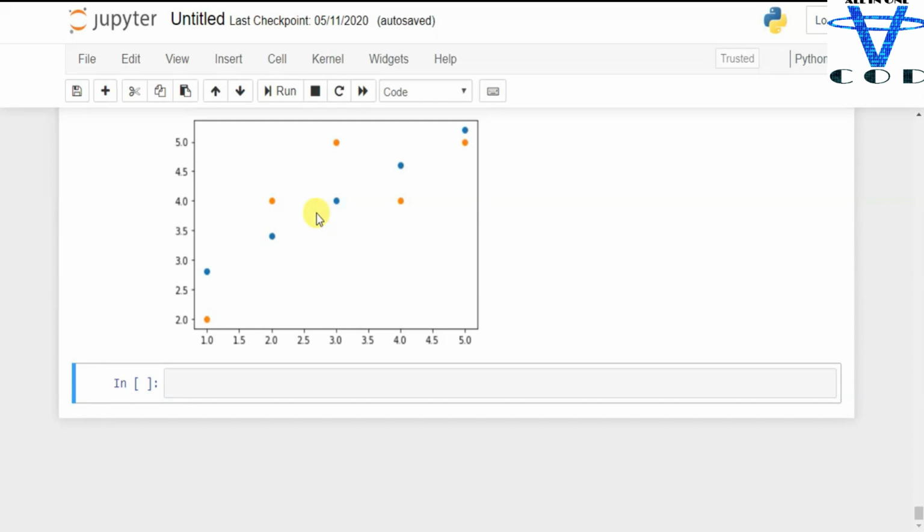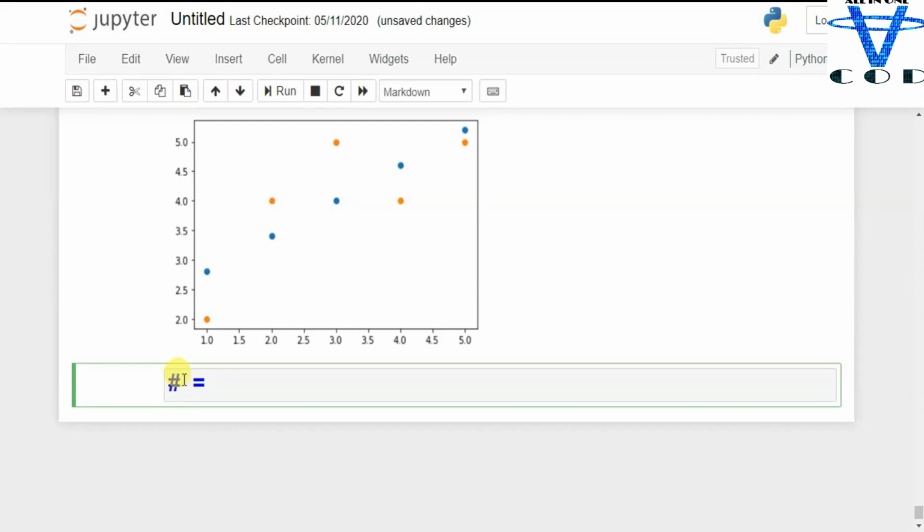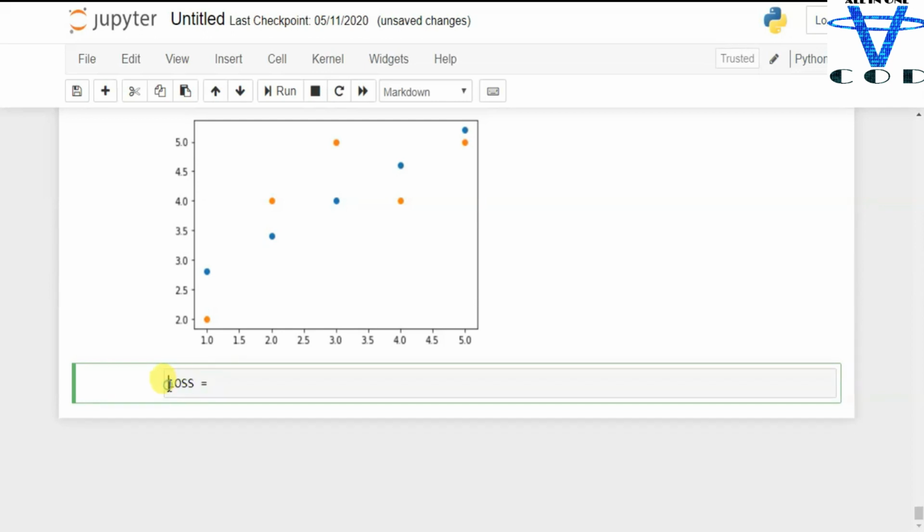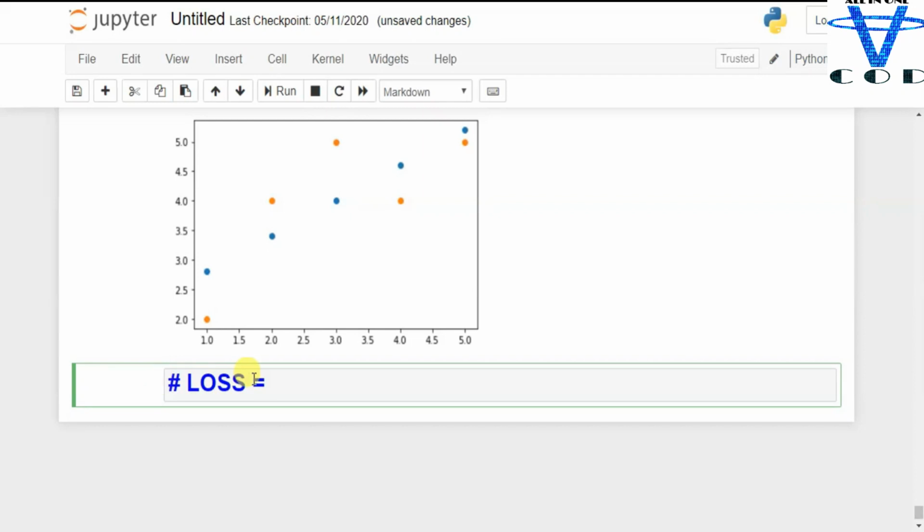So let's create the markdown. Loss equal to, so this is our equation, so remember it. Loss equal to y minus y predicted, and I'm gonna name it only predicted, square.